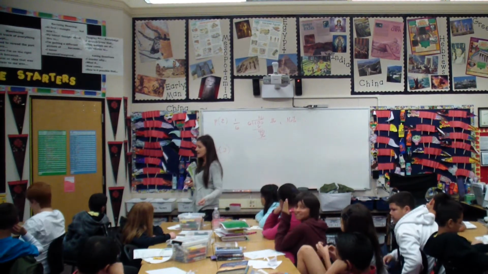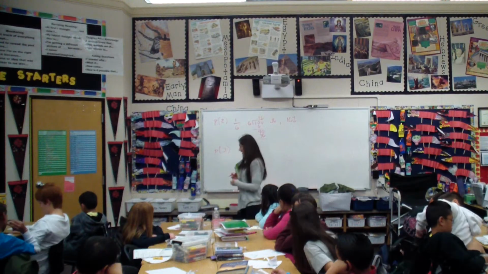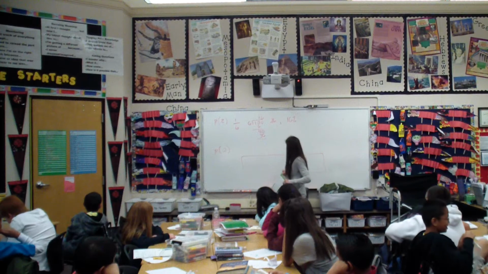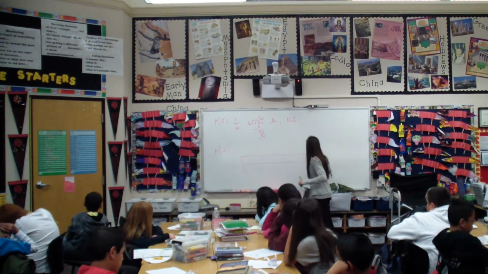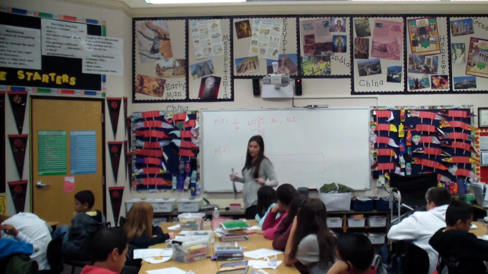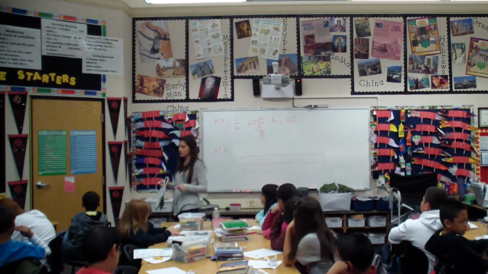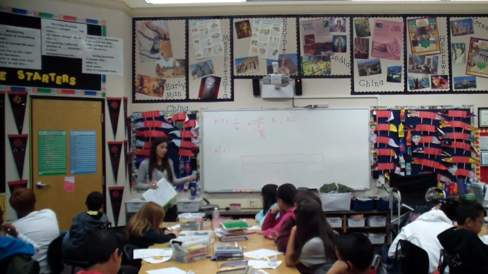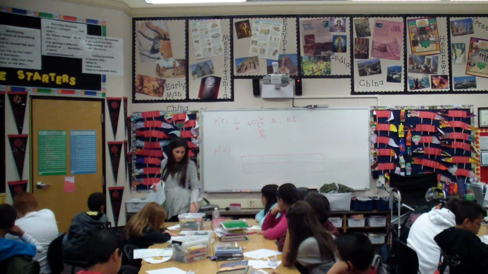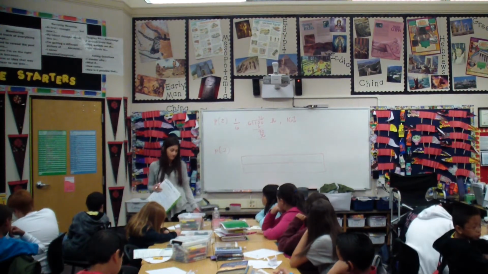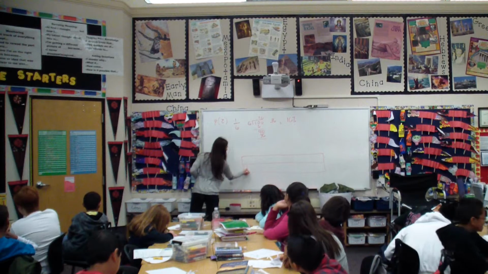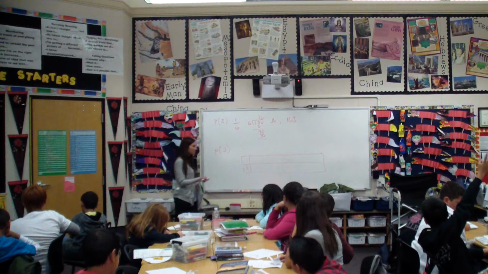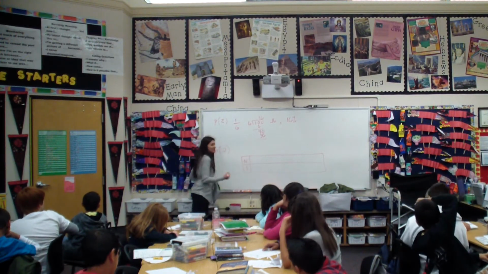So every time you roll the die, that's called a trial. Got it? And we have to roll it multiple times. That means we have to record our data so we can remember what happened in each trial. You guys are going to help me out with this example one up here, okay? We're going to do the same rolling a 2 to see how close we can get to our theoretical one. So the first trial, you're just going to roll your die, and I got a 3. So trial 1, I got a 3. Did I hit a 2? No. So I'm going to pick a no. I did not hit a 2.